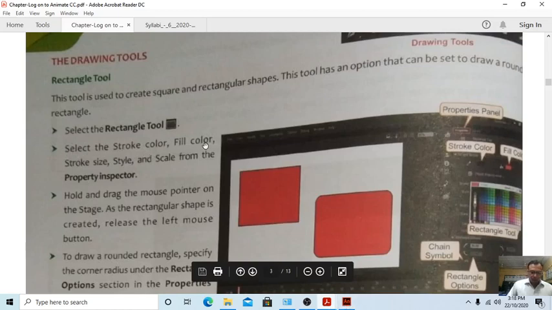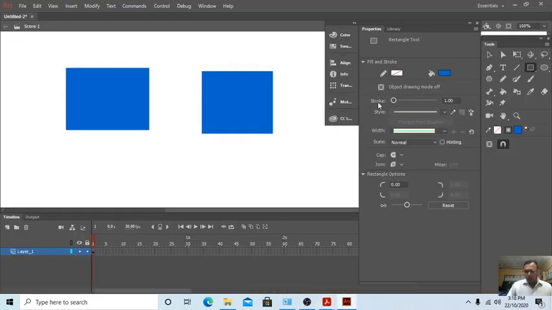Select the stroke color, fill color and stroke size, style and scale from the property inspector. Stroke color, we can increase it. See here, this is the stroke color.